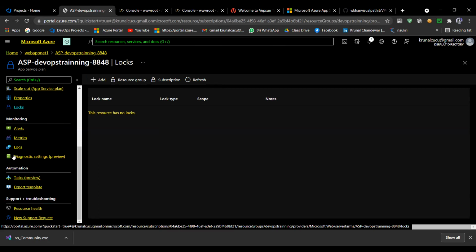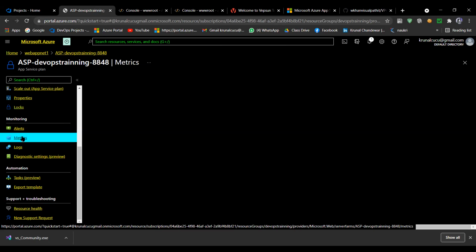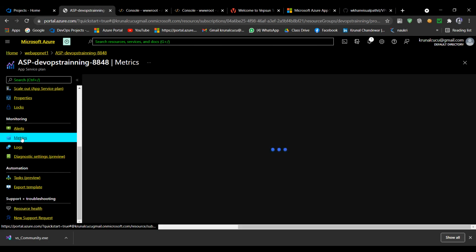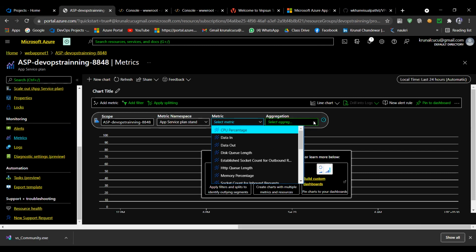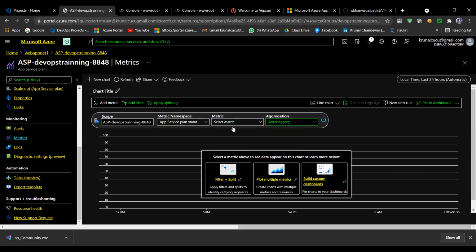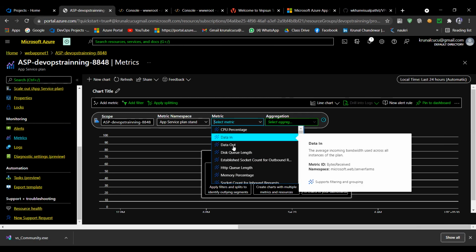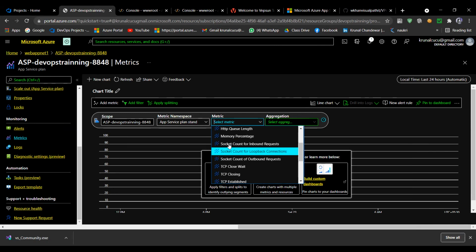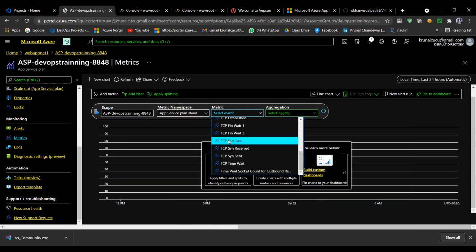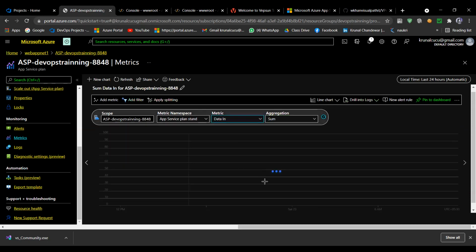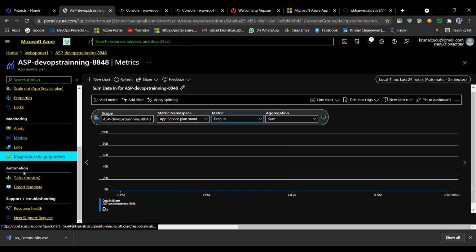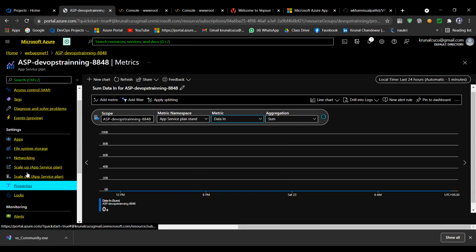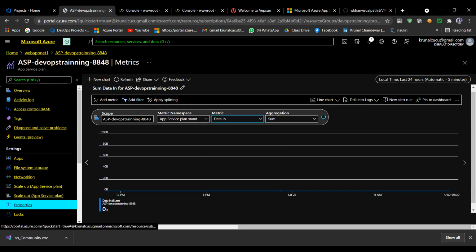Okay, and this is metrics you can also see, like now it is opening metrics. Here also you are getting many more selections, like in metrics you can see your data in, your data out, or your HTTP, your TCP. These metrics you can see, you only have to select. Related to that, the metrics will open here, so you can see these and logs. And what is important over that is the development tool option, which is more important, and we will go with that.